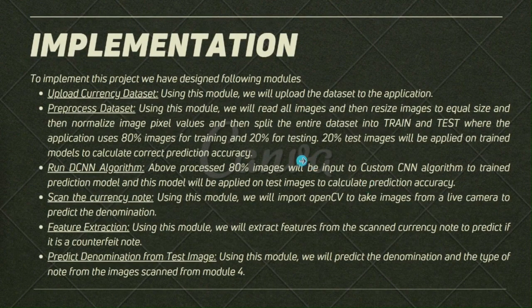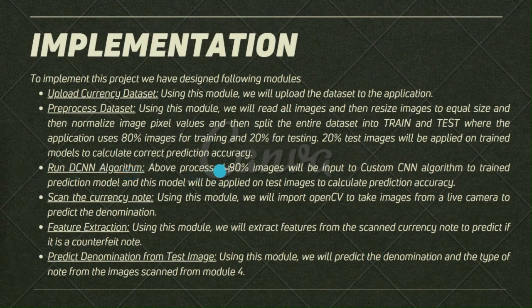Coming to implementation, so what happens is upload currency dataset. So using this module, we'll upload the dataset into the application. Preprocess data. We'll use this module. We'll read all the images and resize them to equal size, then normalize pixel values and split the entire dataset into train and test, where the application uses 80% for training and 20% for testing. Then run the